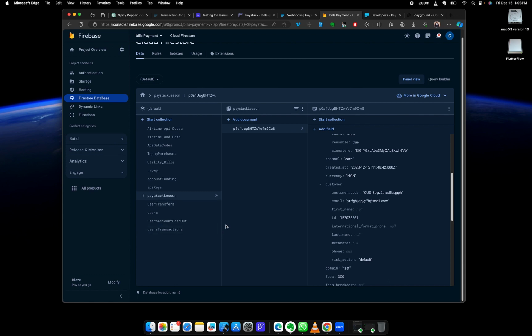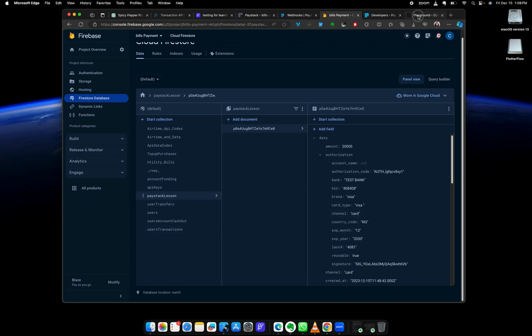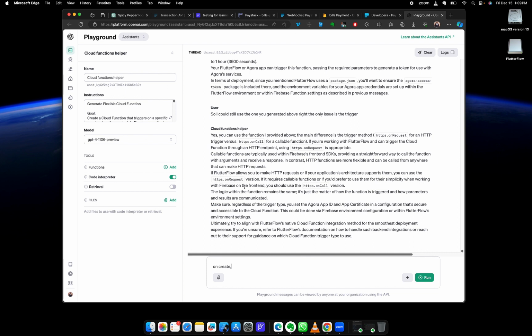We need to know exactly what we want. So using my Cloud Functions builder, I'm going to describe to it very clearly what I want. So, on document